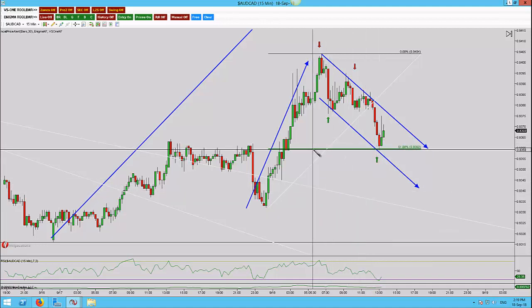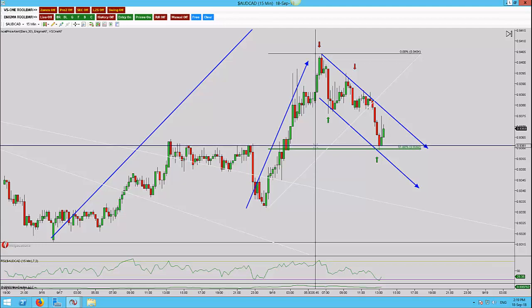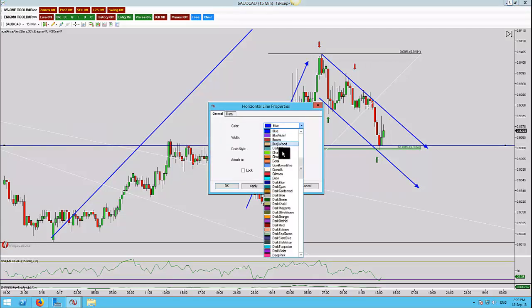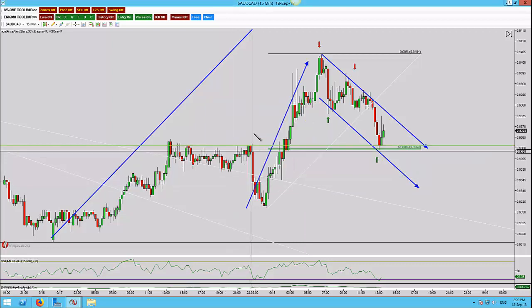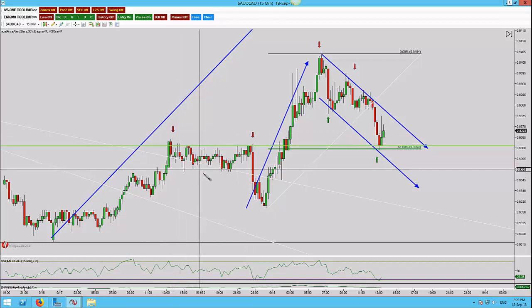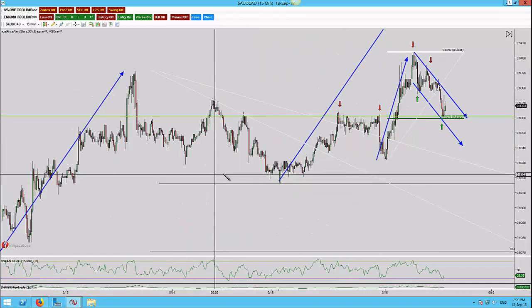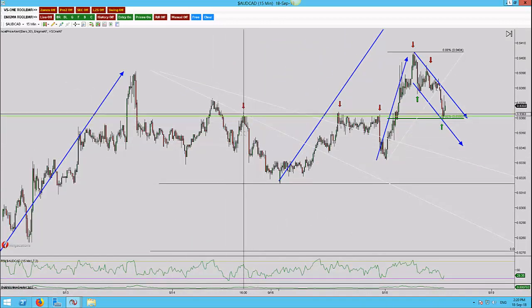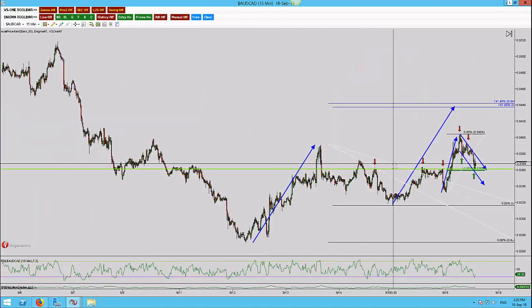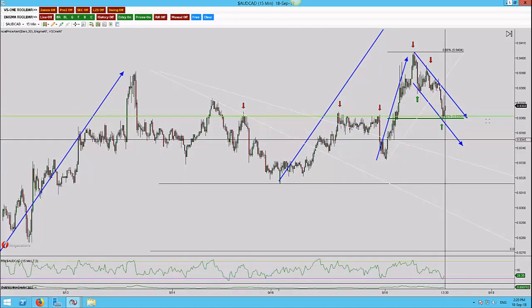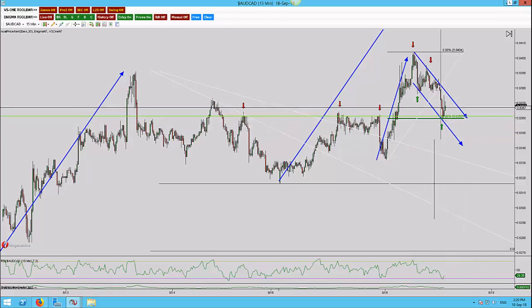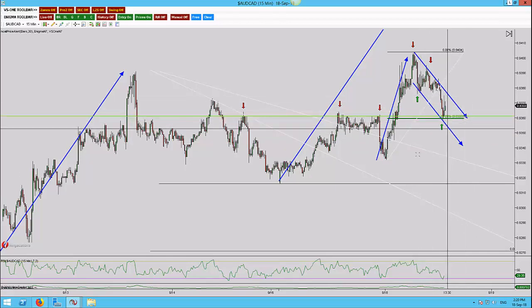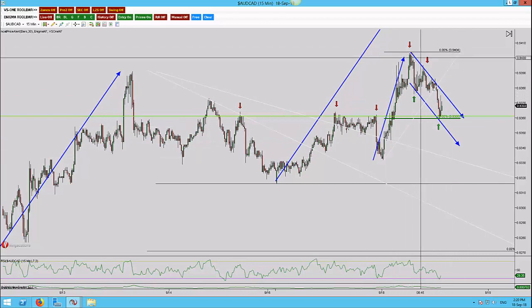Now if I also put a structure level on here, and I'm just going to make this yellow, then you can actually see that we have come into this level of support, and if we look left you can see here as well. So we've got a two-touch flag coming into an area of support. We've held the trend line, we've had a positive candle, we've hit the 618 fib,